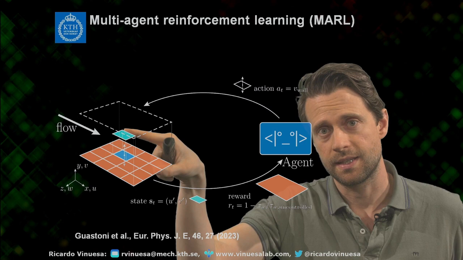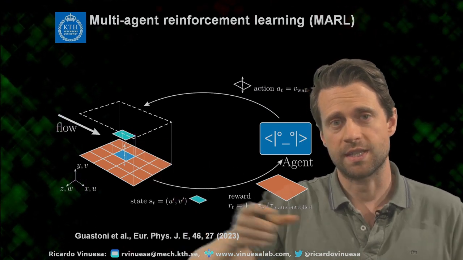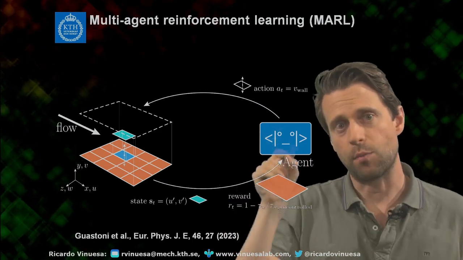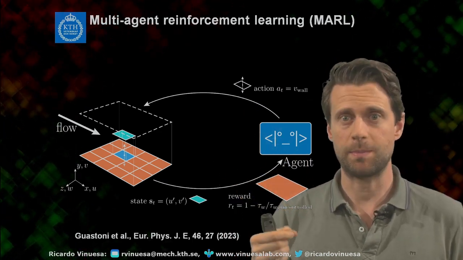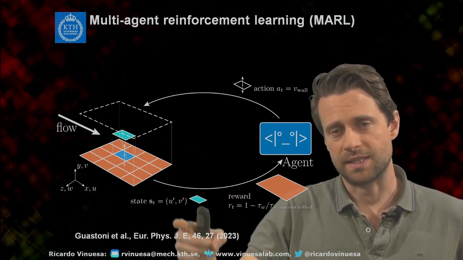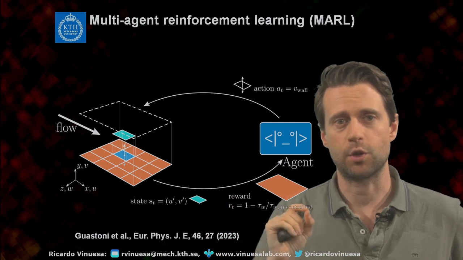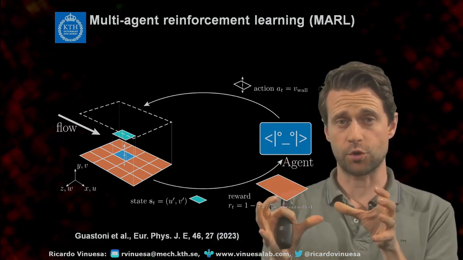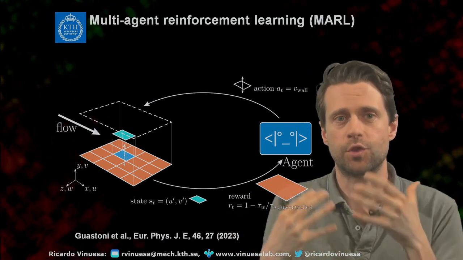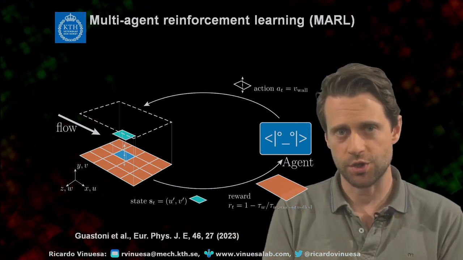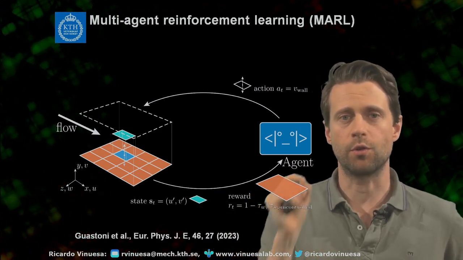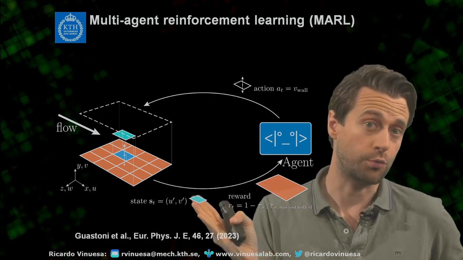observing a part of the flow. Part of the flow would be this little blue section, which is a rectangle in the near wall region at y plus 15, right above that region where the actuation is going to happen. And we're going to be sensing the state of the flow, which is precisely the streamwise and the wall normal velocity fluctuations. Each of those pseudo environments is trying to find, through trial and error, the optimal sets of actions. The reward, as you can see here, is 1 minus the ratio of the wall shear stress divided by the uncontrolled wall shear stress.